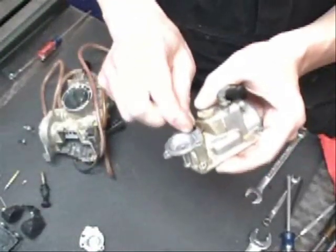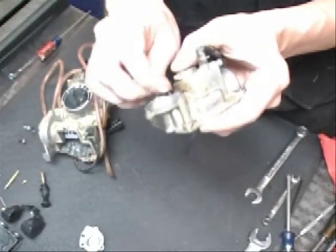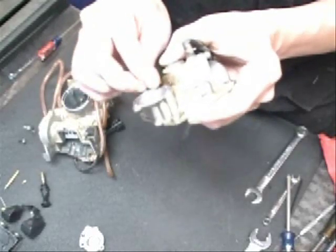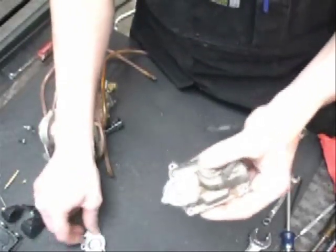I'm going to take this O-ring out and lay it to the side. You have to be really careful, or you can actually blow these things out and lose them. The accelerator pump's not going to work if you don't have the O-ring sealed up. You're going to have a leak. So we've got that out. We've got the one out of the